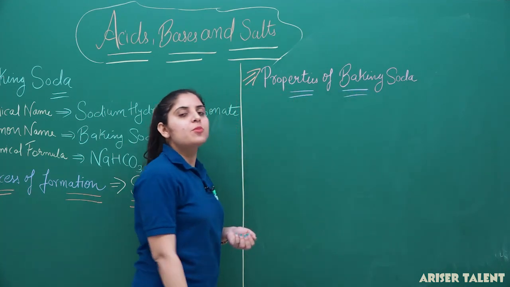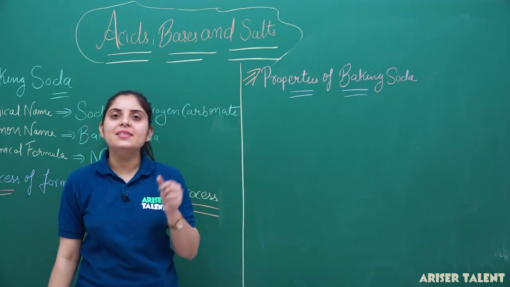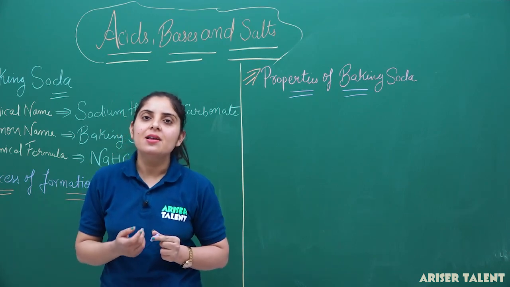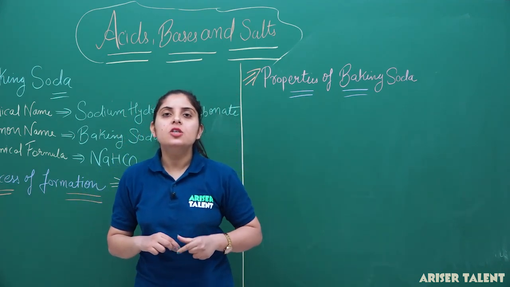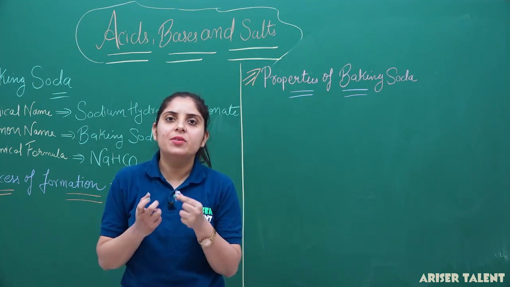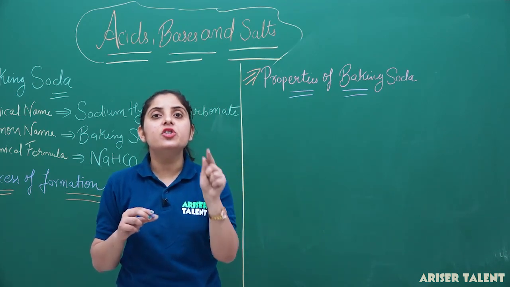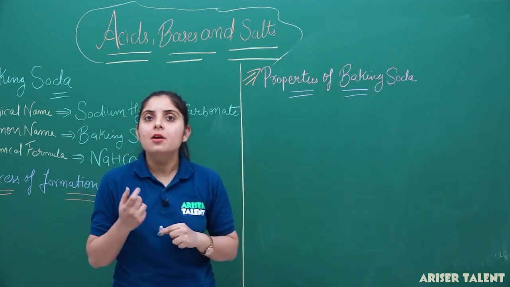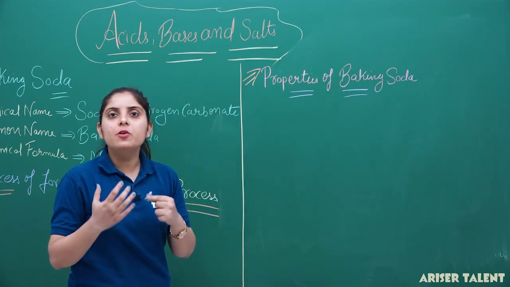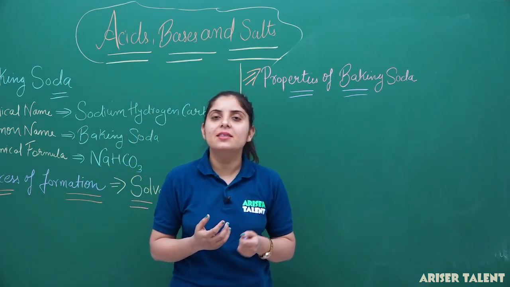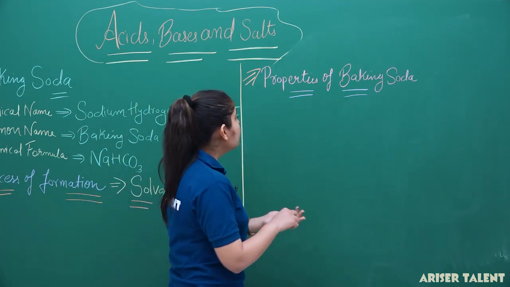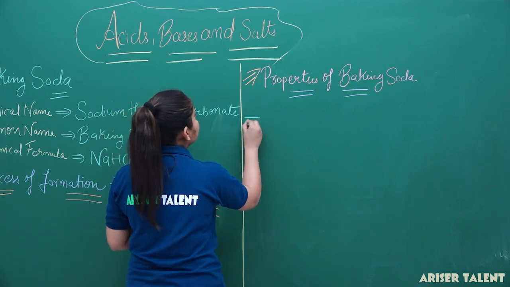Now the first property of baking soda is that it is a white crystalline substance, or it will give white crystals in the aqueous solution. So it will not show any color change with methyl orange, but it will change into the pink color in case of phenolphthalein. Methyl orange and phenolphthalein are basically the acid base indicators that we have already discussed in the starting of our chapter. So our first property will be,